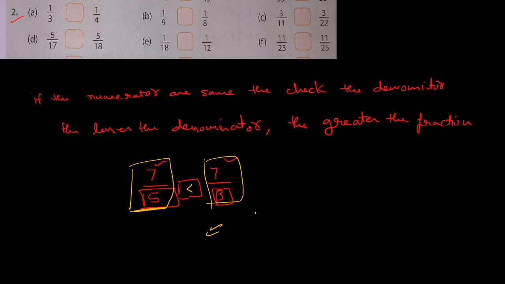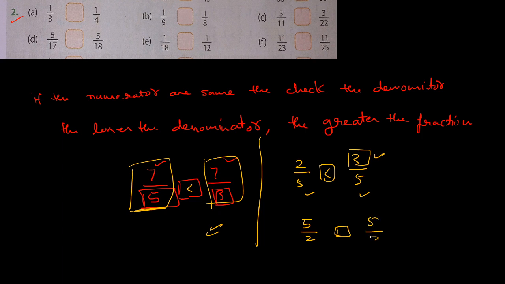Okay. Again, I'm telling, one more example. Look at this, 2 upon 5 and 3 upon 5. In this question, the denominators are same, so we have to check the numerators. This has the greater numerator, that is why this is the greater fraction. Now, if I write 5 upon 2 and 5 upon 3, in this case the numerators are same. So the greater the number in the denominator, the lesser the fraction. It is lesser, and the one with the smaller number is greater. So if the numerators are same, then we will do the opposite thing. Okay, so look at part A.